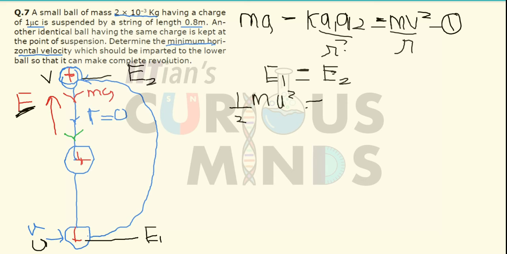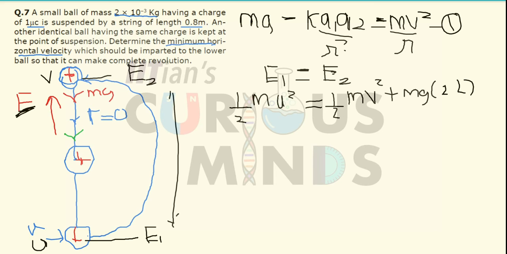So half m u square will be equal to half m v square, that is the kinetic energy at the topmost position, plus the potential energy which will be equal to mg into 2l. If you see, the height difference over here will be equal to 2l. So now mv square will be equal to, I will multiply the whole equation by 2, so the 2 cancels. I can say that it is mu square minus 4mgl. If I multiply this by 2, here it becomes 4. So when it is shifted to the left hand side, it will be equal to 4mgl.